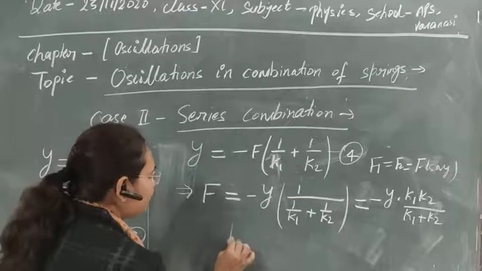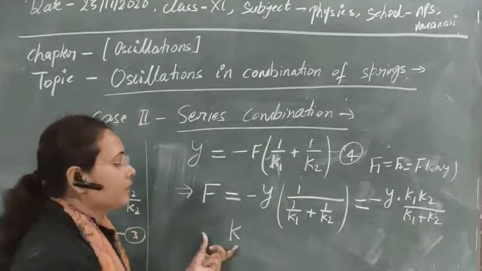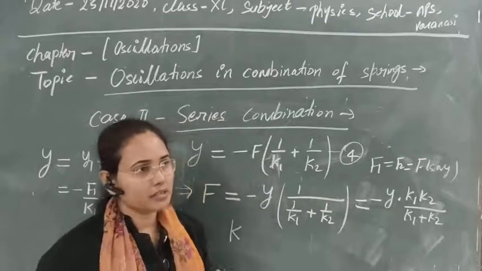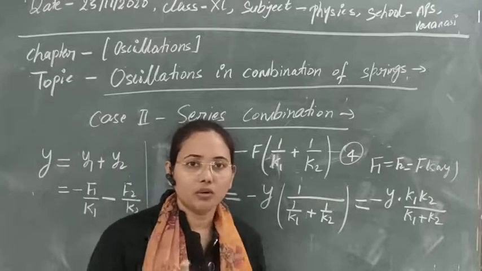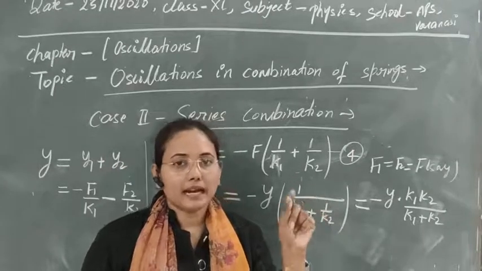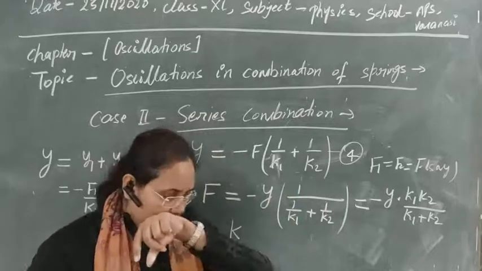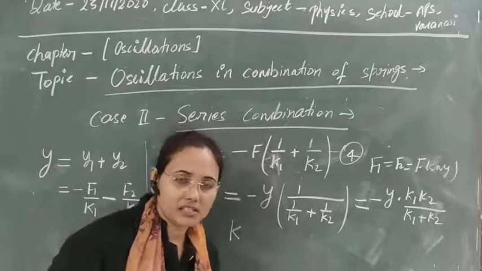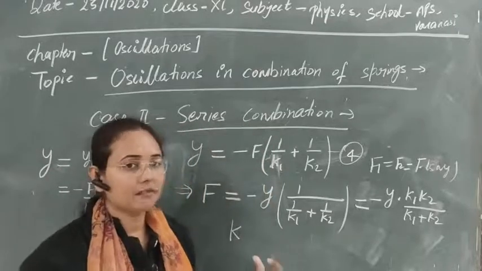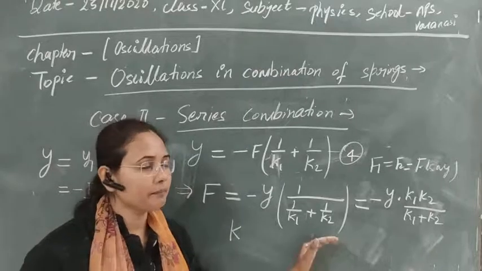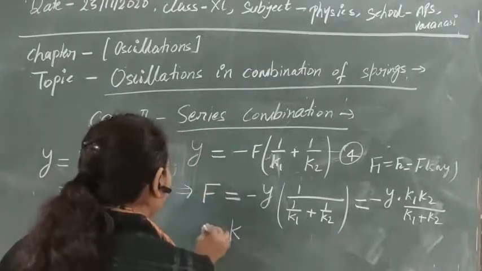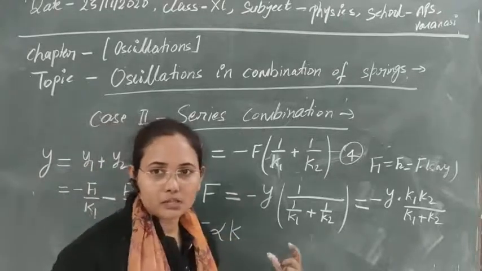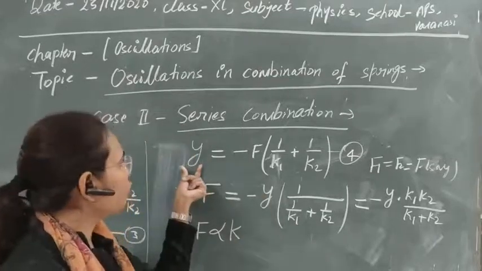So suppose that capital K is the spring constant in that way. If you consider the series combination in a system, suppose the whole series combination is replaced by only one spring that has spring constant K, and a mass is attached to it. Then due to its mass, some extension will be produced, and in opposition to that extension there will be a restoring force, which will be directly proportional to the displacement produced in the system, and the whole displacement or extension that is produced is y.